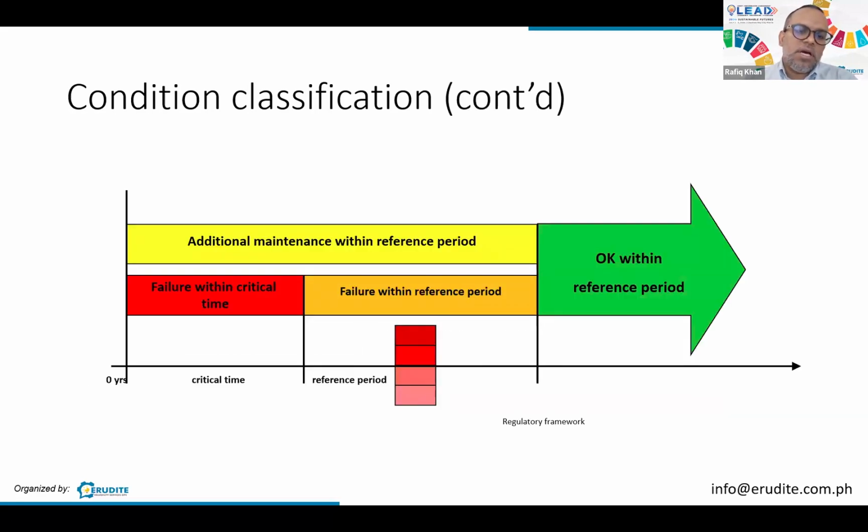So when you do asset life management, you want to look at the regulatory framework. Maybe you have a reference period of how long you want to run this asset for. Suddenly you have a lot of failures happening, failures within a critical time. You don't want to continue purchasing, for example, more assets until you know more. Maybe you also don't want more people to operate it in person. You want to have some form of barrier, dead operation only, for example. So this can give you some form of safety net as well.